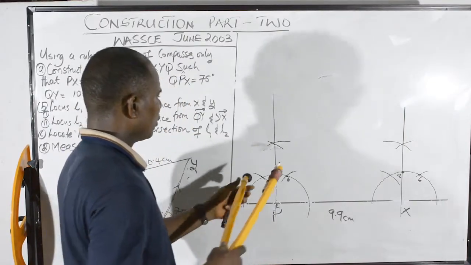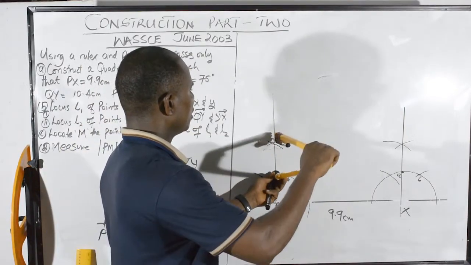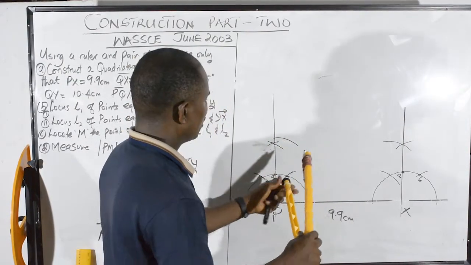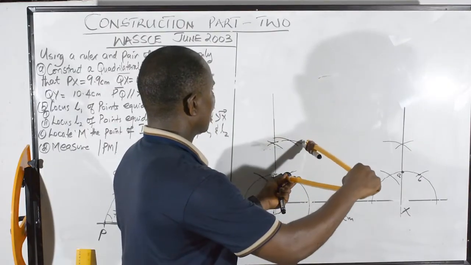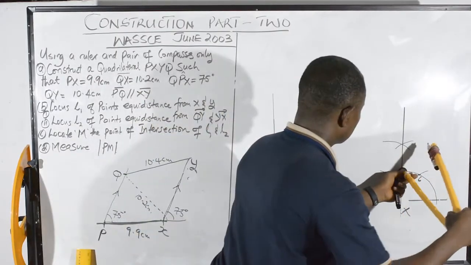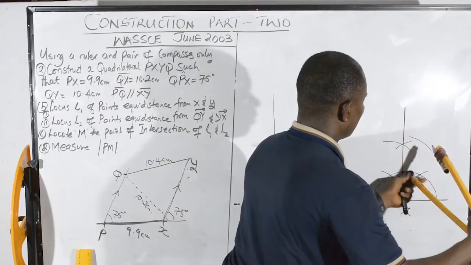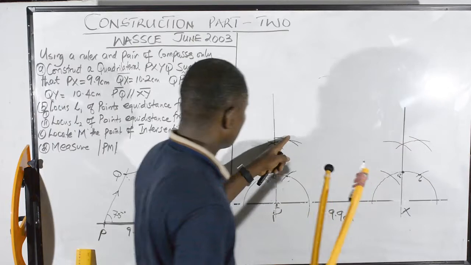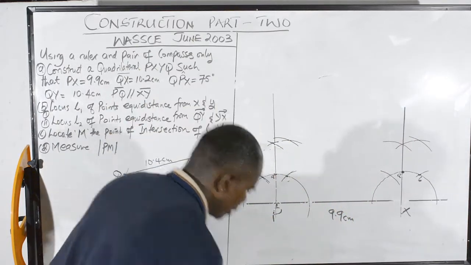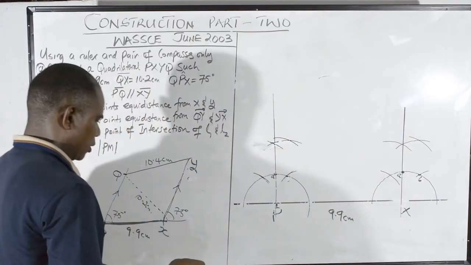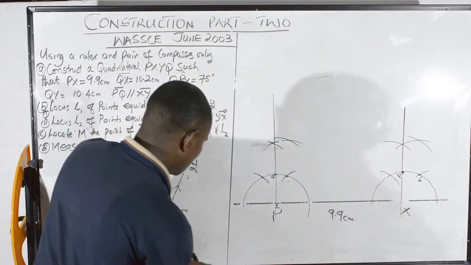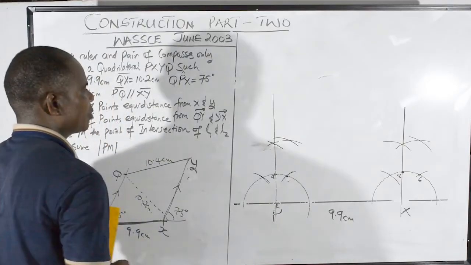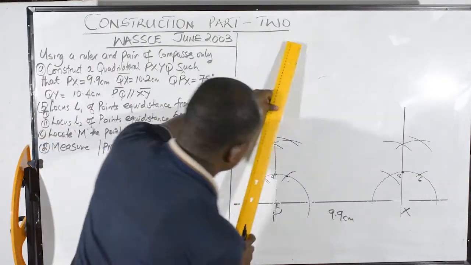So 75 goes here, so I'll stand here, strike an arc here, and I'll stand here too, and strike another arc. So the same here, strike an arc, and here strike another arc. So I connect this point to this point, and this point to this point, and that gives you the 75 degrees. Your 75 is not correct if you don't show the 90 degrees. So you have to ensure that you show the 90 degrees. I have already done 90 there, so I'm going with the 75.